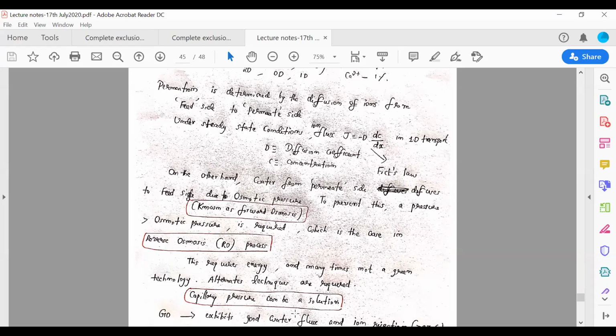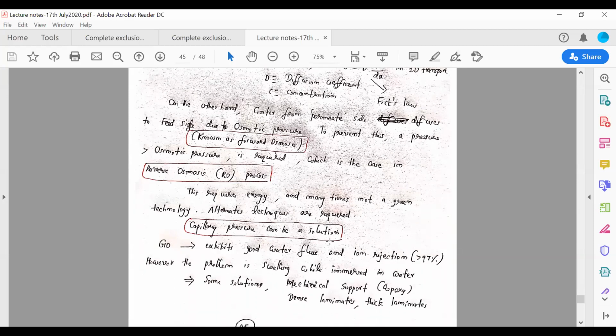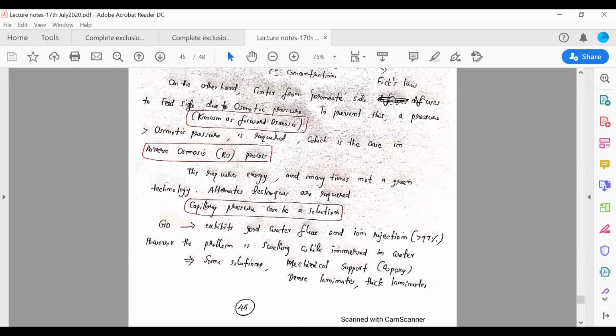So there is a natural process already. Can we use this kind of natural process to have green energy, a green economy, green technologies? That is the aim, and that is the direction people are working on. The main idea is to have good water flux and